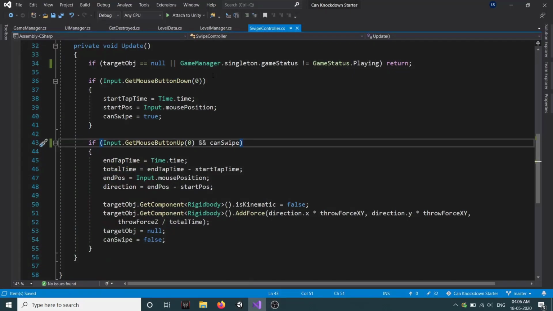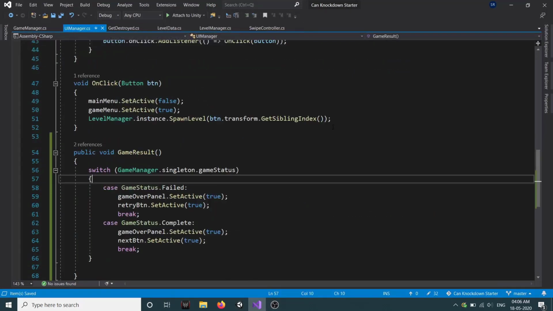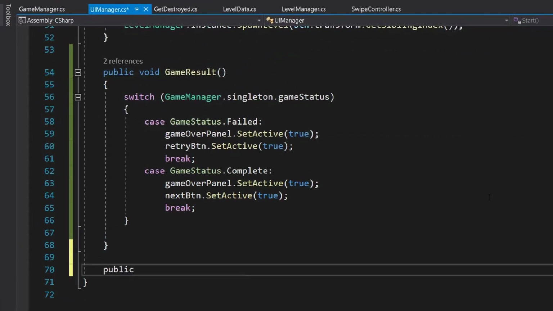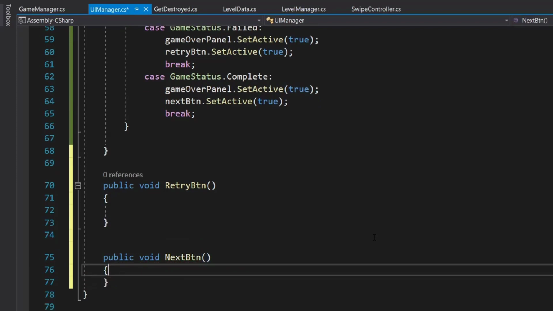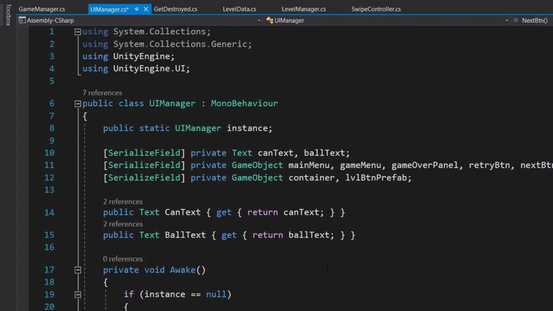So let's add a function to our buttons. So down here we will create two methods. One is public void retry button, and another is public void next button. So in next button we will be reloading this level.